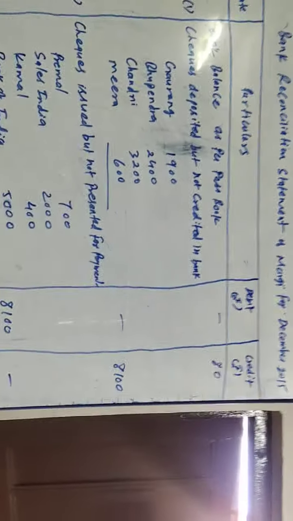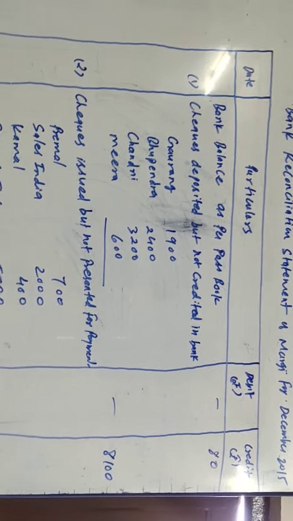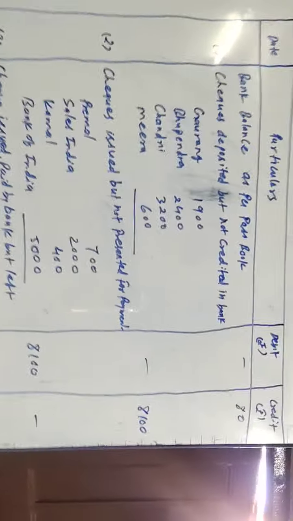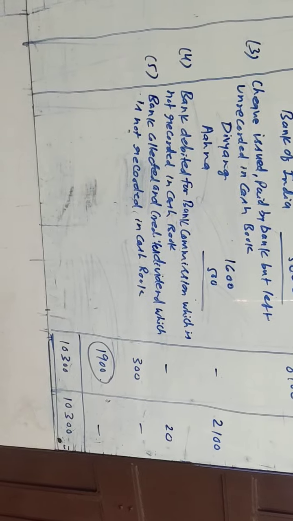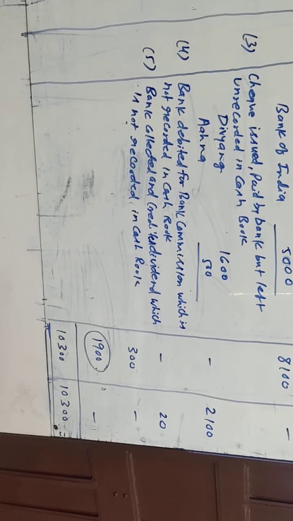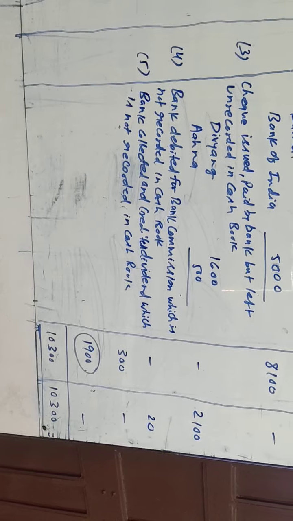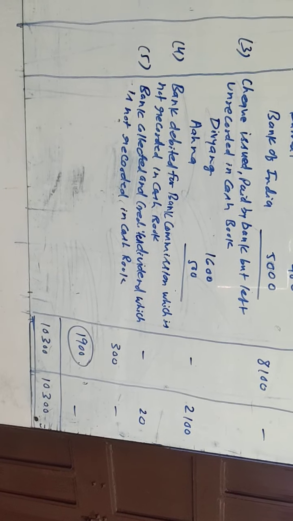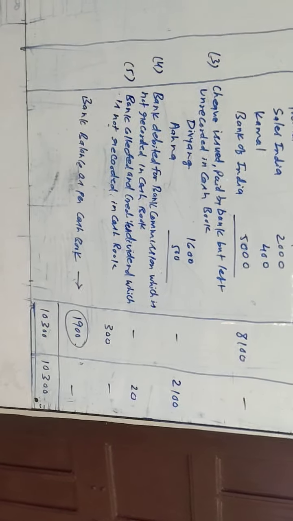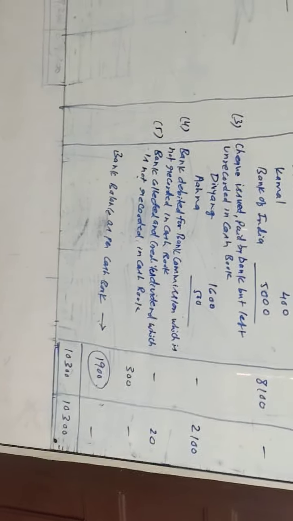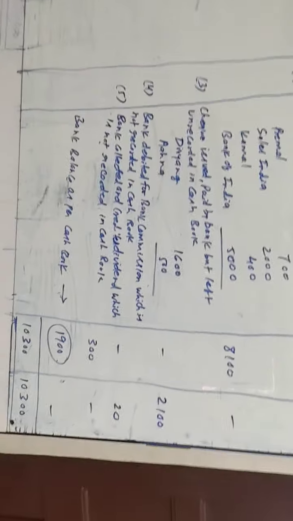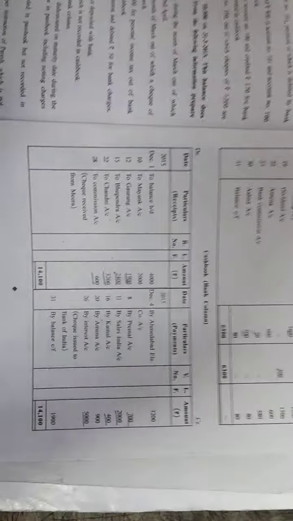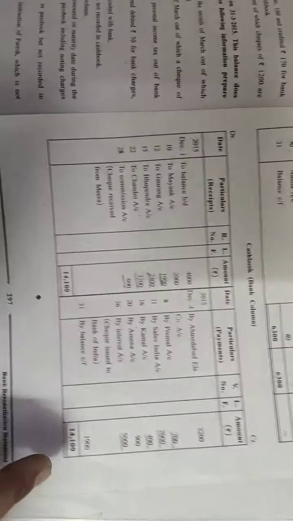Now we have started with the balance as per passbook. So this is balance as per cash book, and as it is debit side, that is debit balance as per cash book. We know debit balance as per cash book is known as bank balance. So we will write here bank balance as per cash book 1900. Same we can check in our sum itself. When we go to the sum, we can see here the 1900 is the